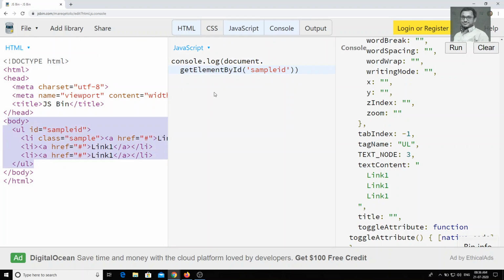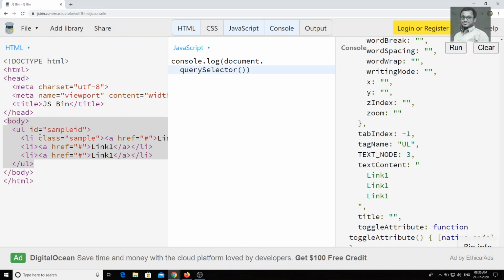In this way we can traverse the DOM using getElementsByTagName, getElementsByClassName, and getElementById. And also you have another easy way, which is querySelector. What it will do is traverse the DOM using query selectors. Query selectors means CSS selectors.